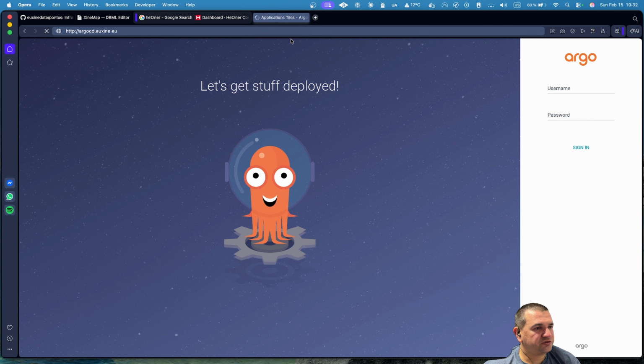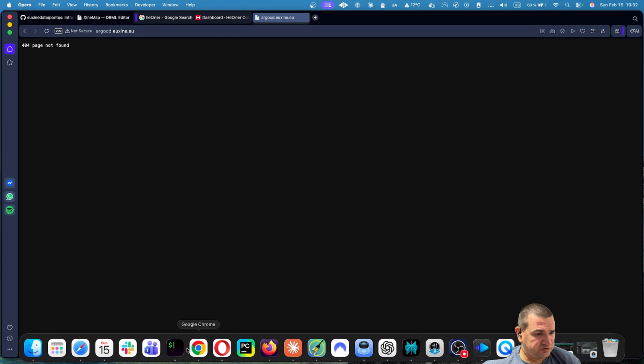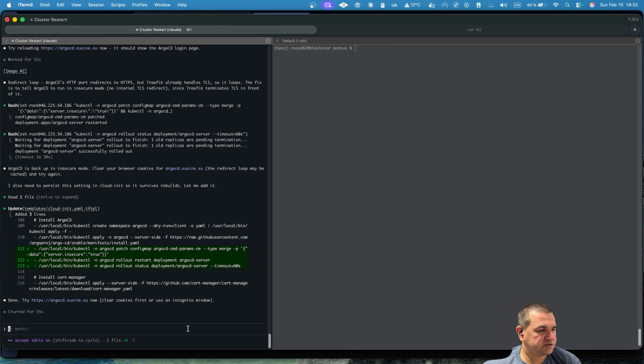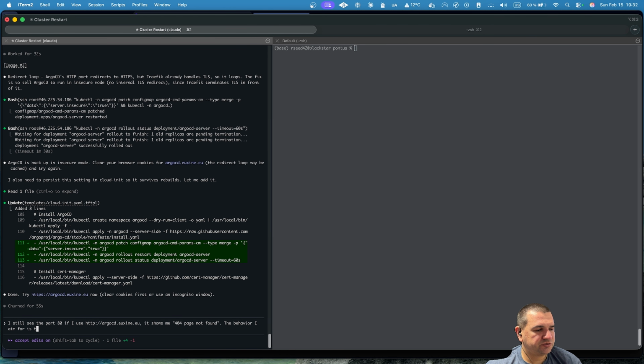And for old school developers, it's so annoying that the address bar is getting so automated, but maybe I'm not up to date in that. I don't know. I still see the port 80. If I use HTTP, it should explain what you're seeing. It shows me 404. And you should really separate certain pieces of information. Page found. The behavior I aim for is to redirect